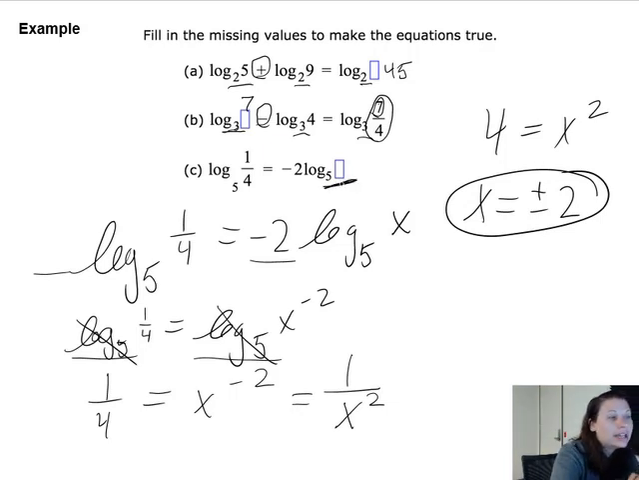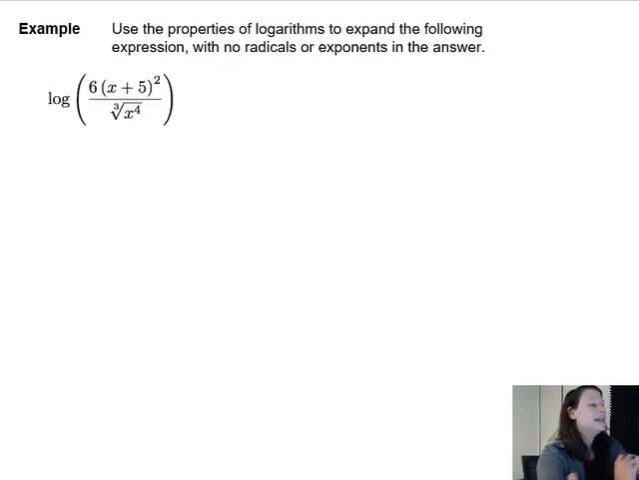So, can we put in a negative input into a log? No, right? Because our domain is 0 to infinity, not inclusive because of that asymptote. So we get rid of the negative, and our only solution here is positive 2. Okay? So next example is we want to use the properties that we just proved to expand the following expressions: